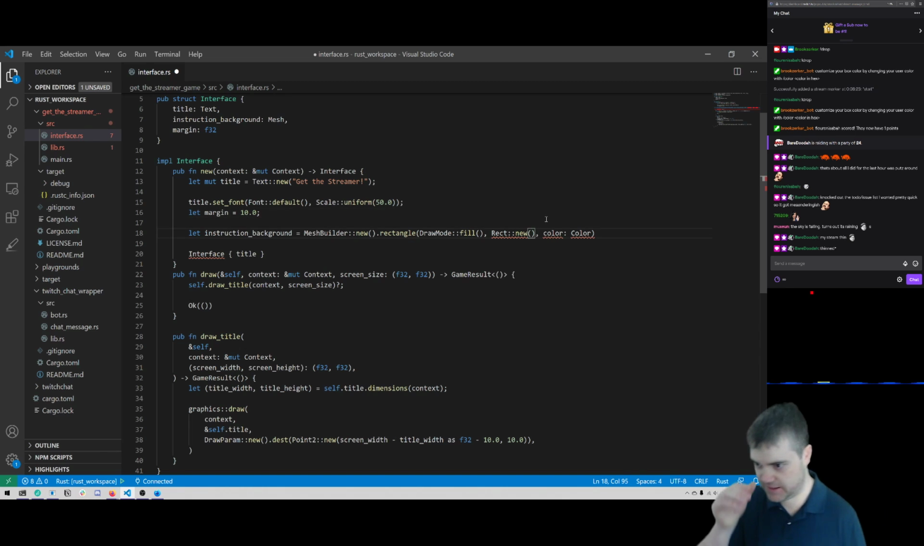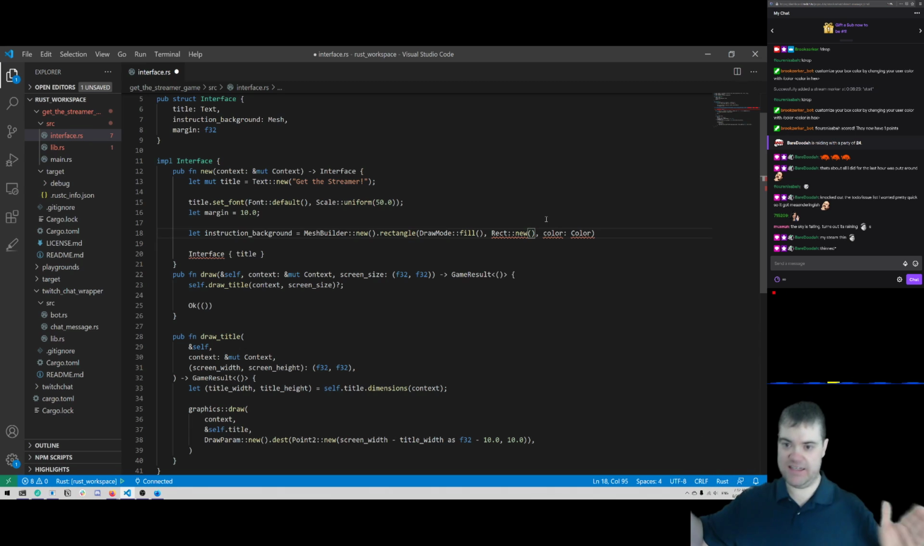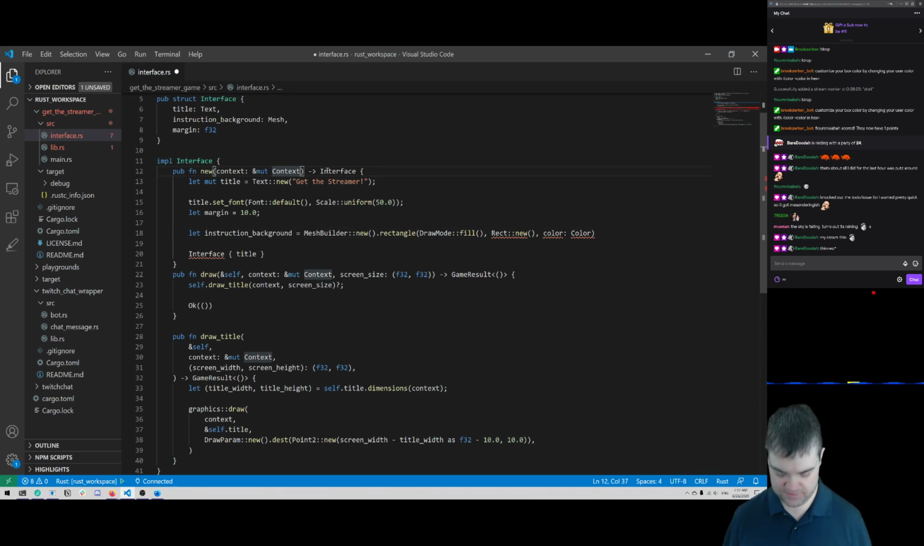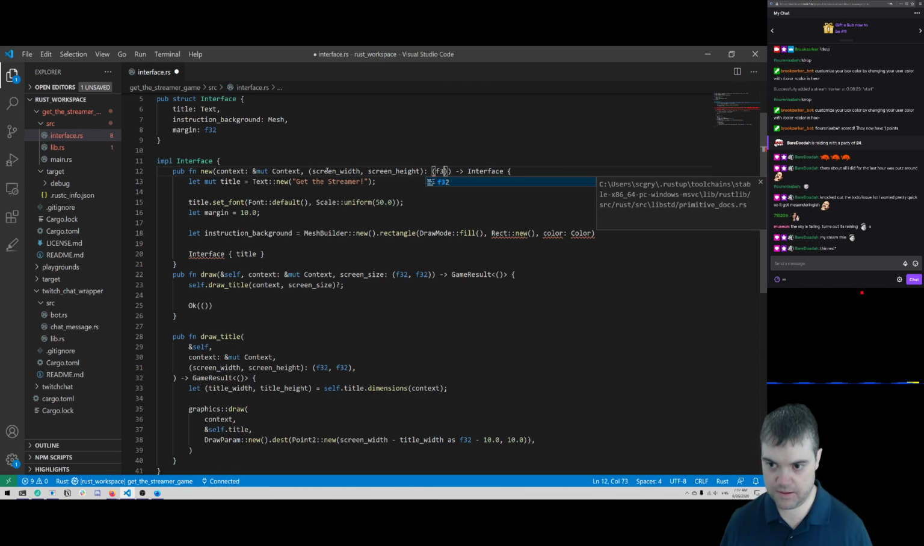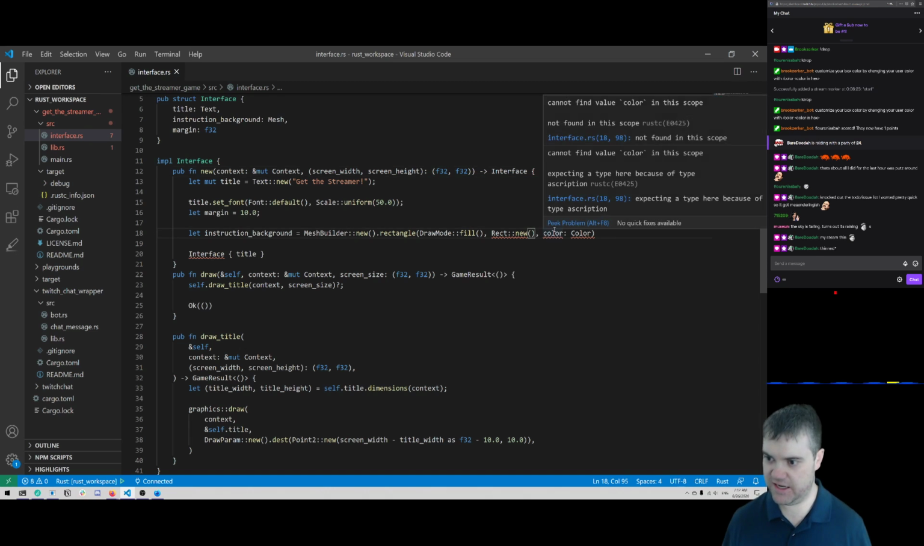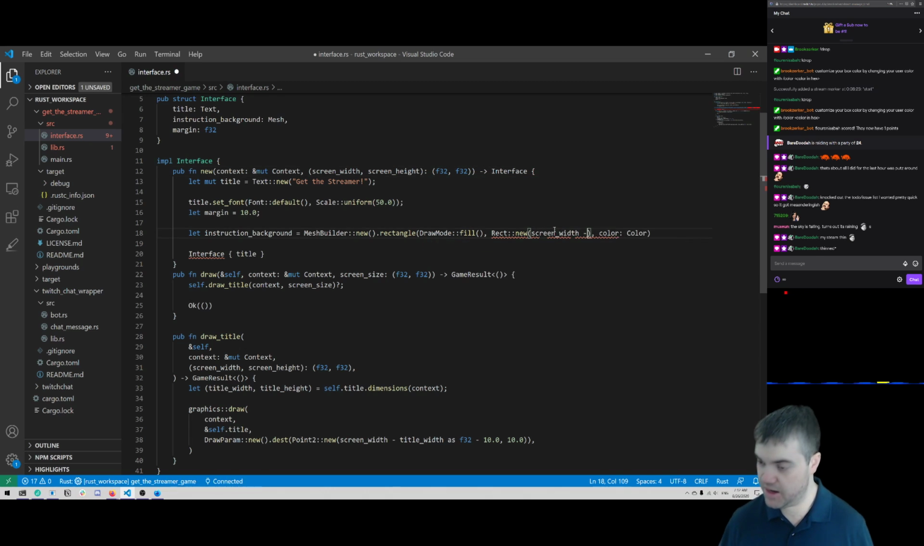So I want to start at the entire width. Well, okay, now at this point I need the full width and height. So let's do screen width, screen height. Okay, so we'll grab you in, and then I'm able to say I want the screen width minus the title